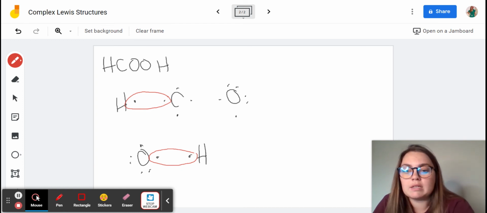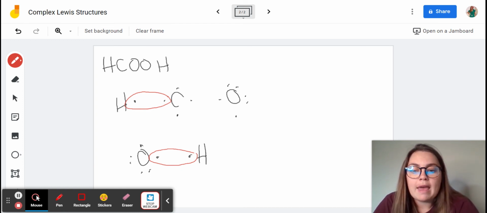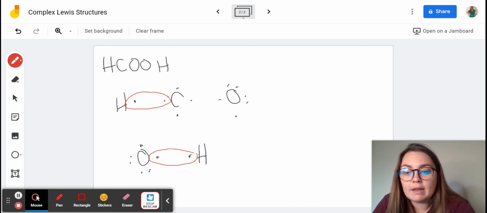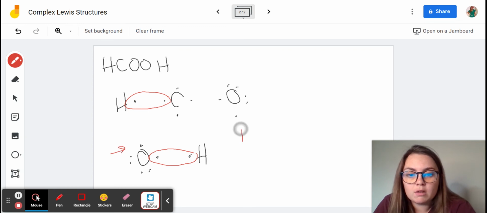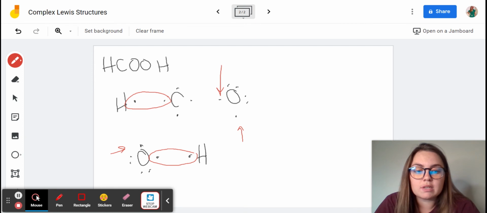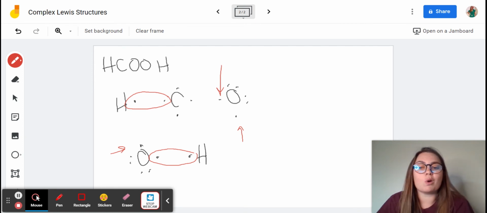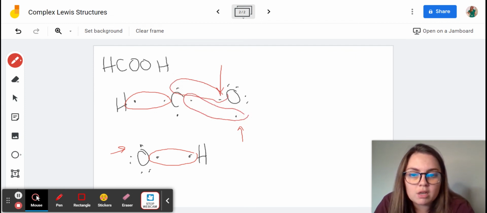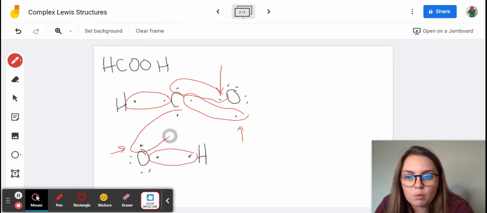We know that this carbon needs to make 3 more bonds, and the one oxygen needs to make 1 more bond, another one needs to make 2 bonds. So we've got 1, and then look at that, 3 more solo electrons on oxygens that need to be paired up. And wouldn't you know, carbon has 3 solo electrons. So I'm going to go ahead and pair up 2 pairs with 1 oxygen and then 1 pair with this